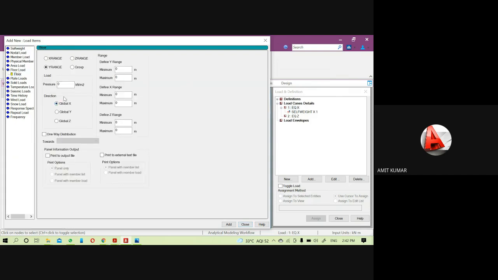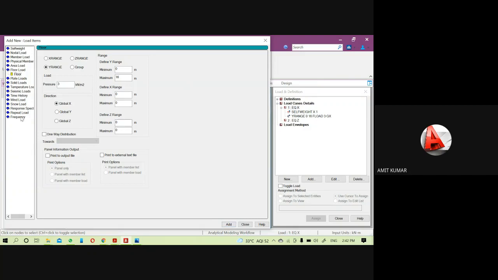So this will be also along the global x direction, and if it is 3 kilonewton per meter or 3.75, it will depend upon your grade. If it is M20 grade, and the floor thickness I'm considering is 0.15, then it will be 3 kilonewton. So you have to put the value 3 here. Just put the positive value because it is the mass of the floor, okay, not the weight. So put the pressure value to 3 kilonewton, and the direction will be 0 to 16, because the height of the structure is up to 16 meter.